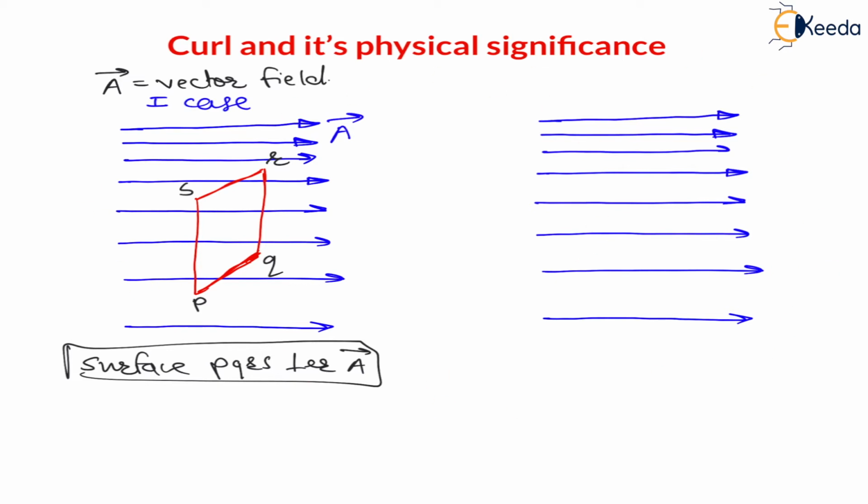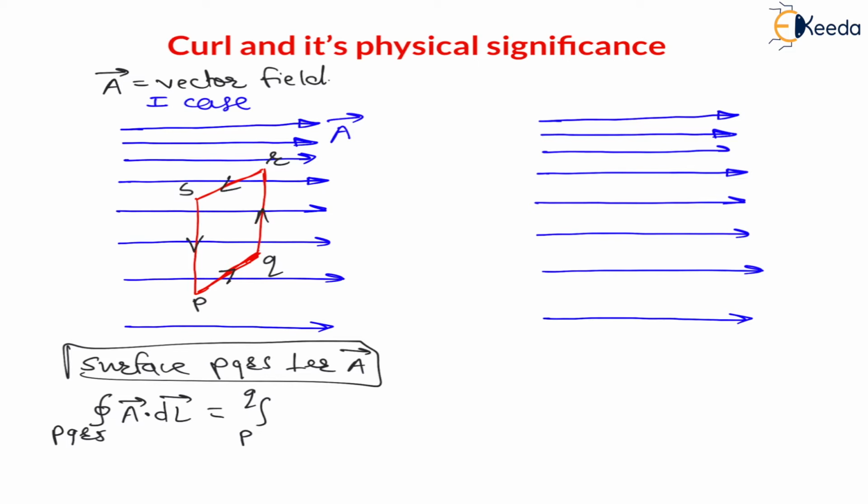Now my dear students, let us understand, for this case let us find the cyclic integral over the closed loop PQRS, that is, the closed integral of vector A dot dl over PQRS, that we are going to calculate here, right? Now my dear students, we know that the line integral over a closed loop can be written as the integration of PQ, right? Integration of this PQ, I am assuming anti-clockwise rotation like this.